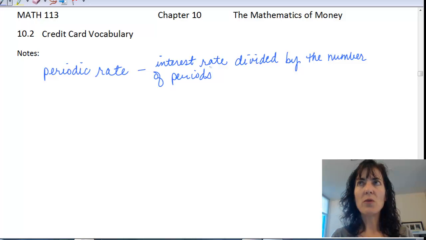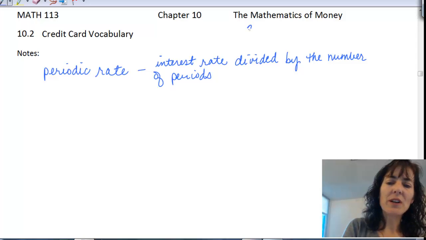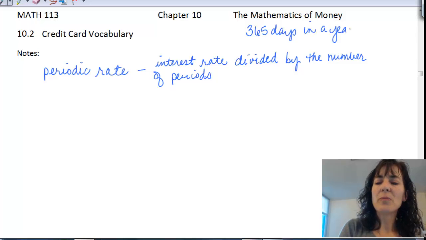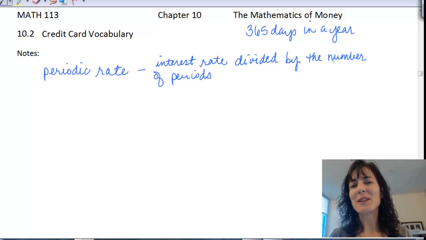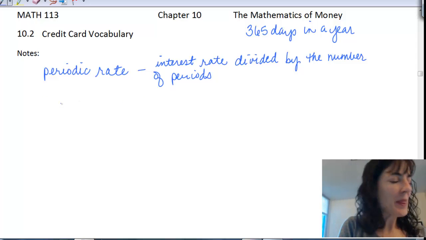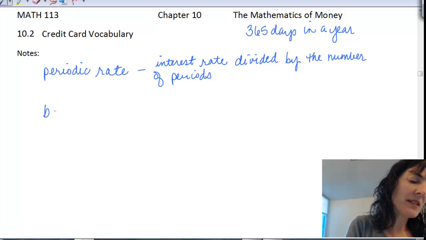So if you get an annual rate and you're trying to change it to a daily rate, you would divide by the number of days in a year, so like 365. You might need to write that down, 365 days in a year, and we use that even if it's a leap year for financial math, just so you know. The next thing is the balance